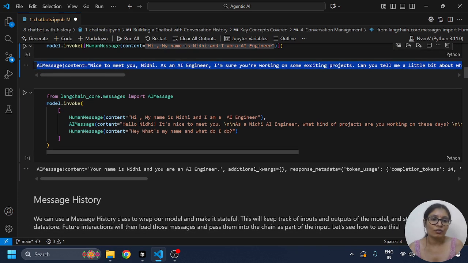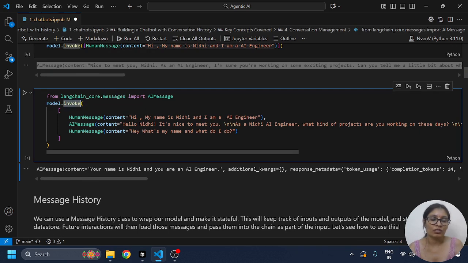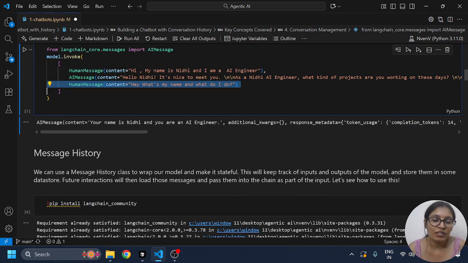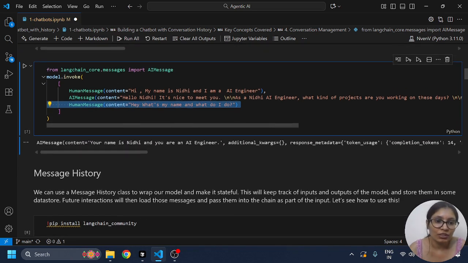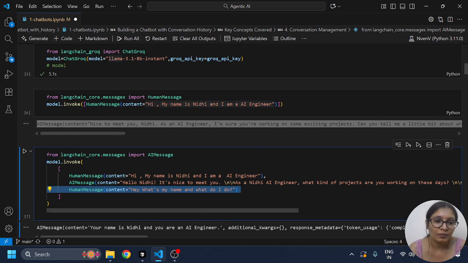From langchain_core.messages import AIMessage, model.invoke. So this is a human message: "Hi, my name is Nidhi. I'm an AI engineer," and this is the AI message: "Hi, hello Nidhi. Nice to meet you as an AI engineer," and so on. This is the human message: "Hey, what's my name?" I'm again asking, content equals "Hey, what's my name and what do you do?" So the AI message is here: "Your name is Nidhi and you are an AI engineer," and these are the metadata. So this will give you previous information like my name is Nidhi, and now I'm asking again, hey,